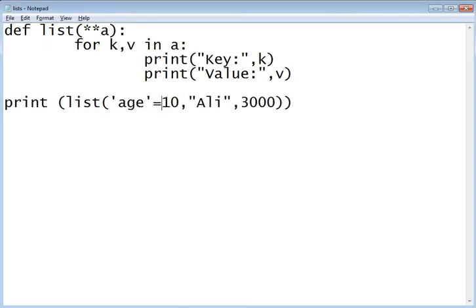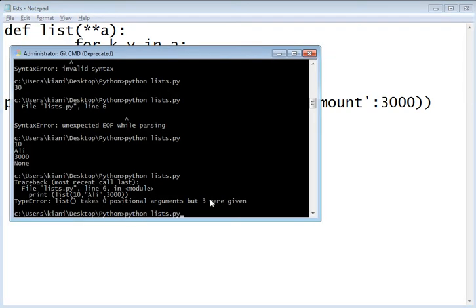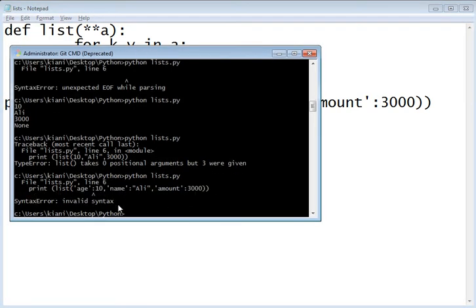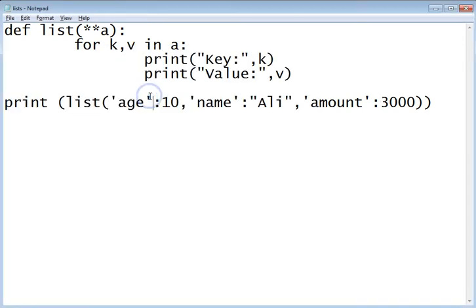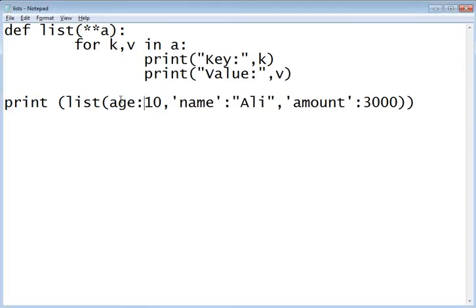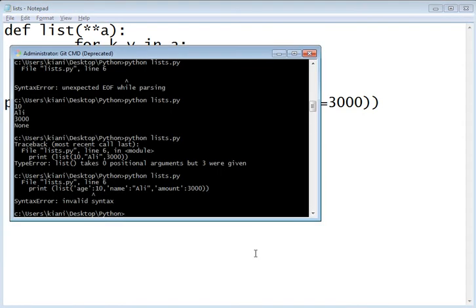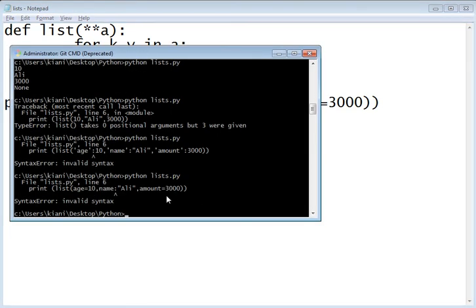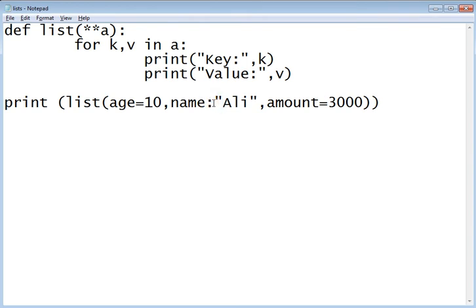Key is k, and we should print value is v. So if we have this, save it, and we see the output, then you see this takes 0 positional arguments, but 3 were given, okay?